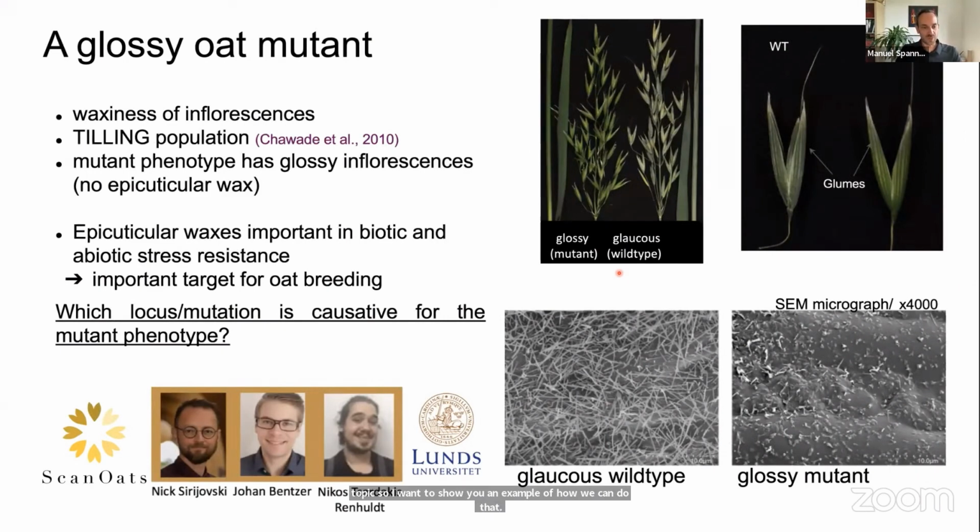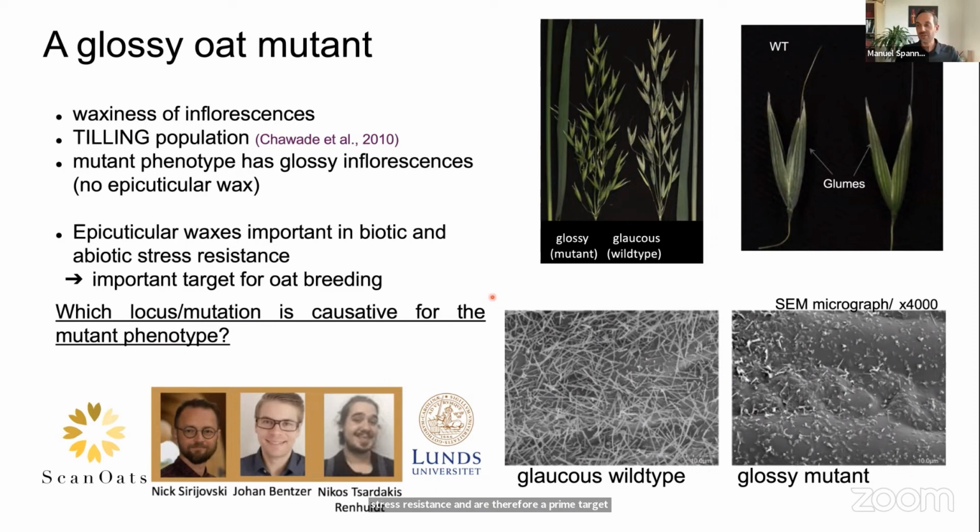The collaboration partners from ScanOats, Nick Sirijovsky and his team, found in a TILLING population a mutant phenotype that has a glossy inflorescence. So this mutant line actually has no epicuticular waxes, and you can see that very nicely in that micrograph picture here. So these waxes are very important in biotic and abiotic stress resistance and are therefore a prime target for oat